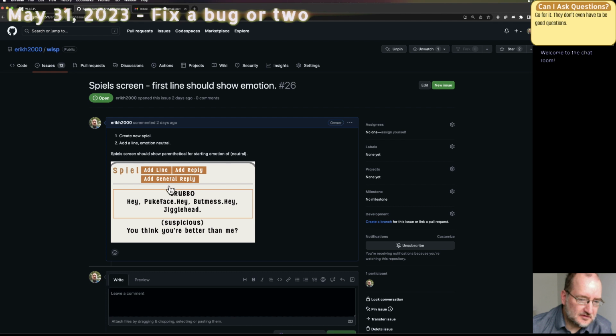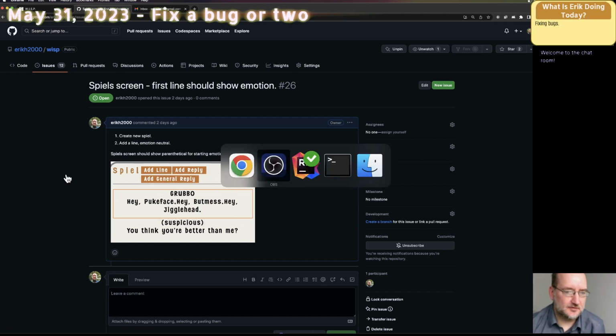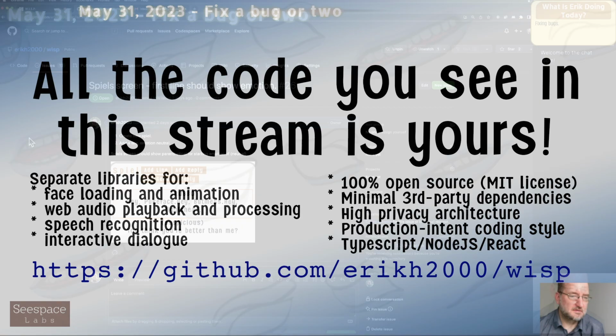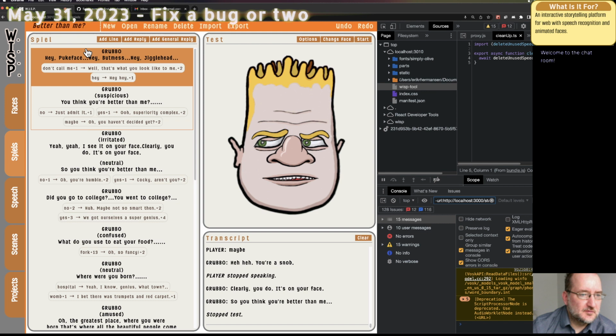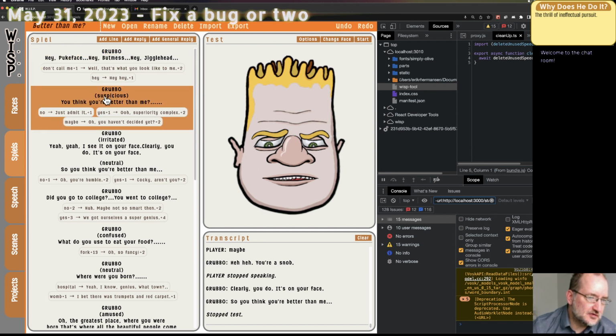I want the very first emotion here to be shown. So if I come over to my spiel screen, I can see up at the top, Grubbo, I know his mood is neutral at the beginning, and it's not showing the parenthetical underneath of neutral.